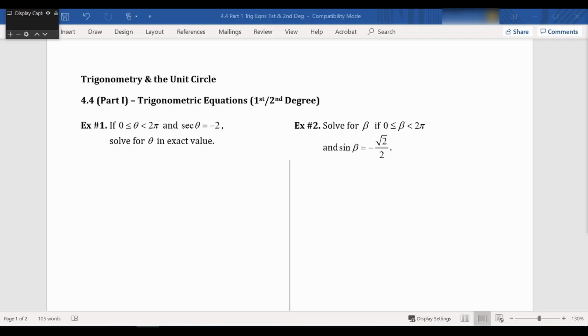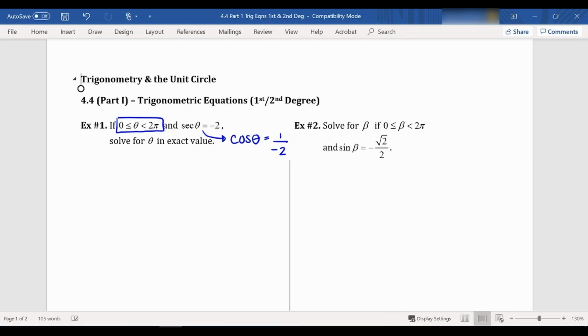Okay. So first, the question is saying if theta is between 0 and 2 pi. So this essentially means if we're starting on our positive x-axis and our terminal arm is going to complete one rotation or one circle, which is 2 pi, what angles are possible in that one circle? So we have secant theta is equal to -2. Now we know if this is true, then cosine theta must be the reciprocal of this, which would be 1